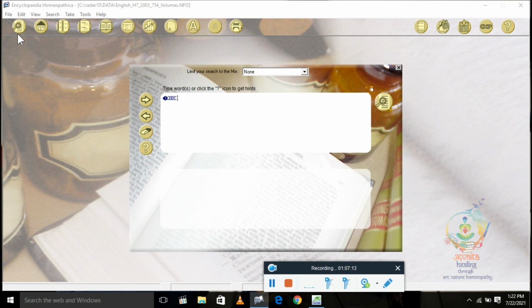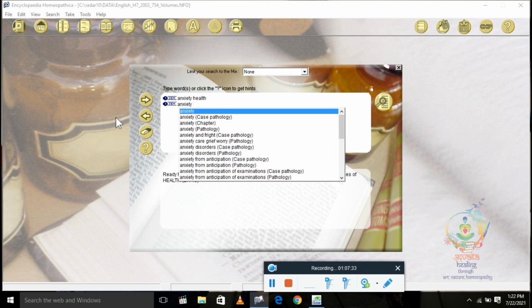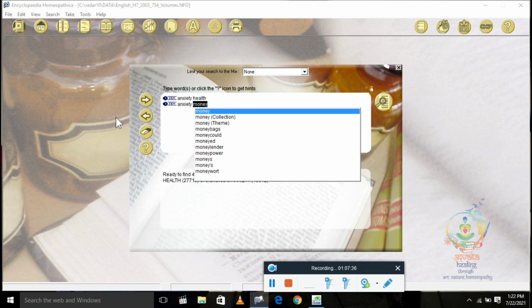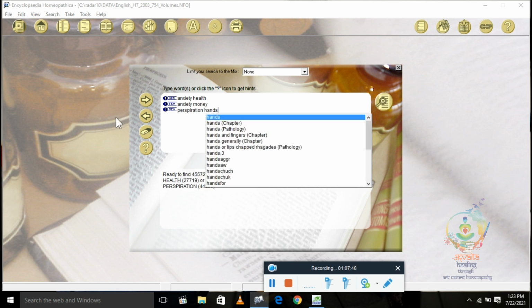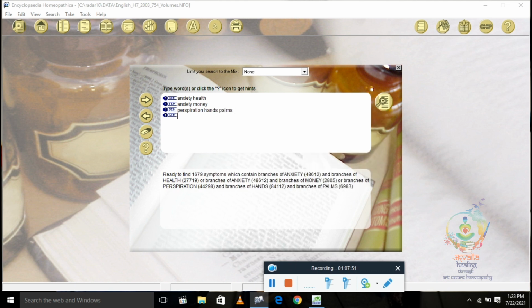This is the search option, F4, and this will appear. Now let's see, I am putting a few words in search, like anxiety, health. I am pressing enter. Anxiety, money, then perspiration, hands, palms, perspiration, soul.